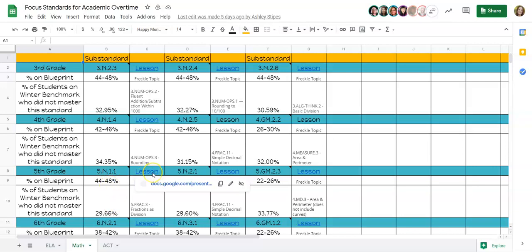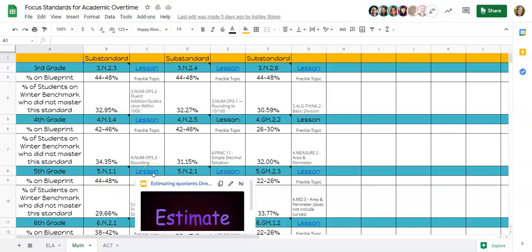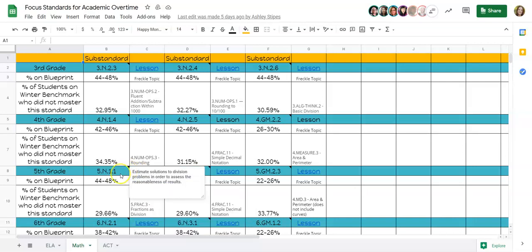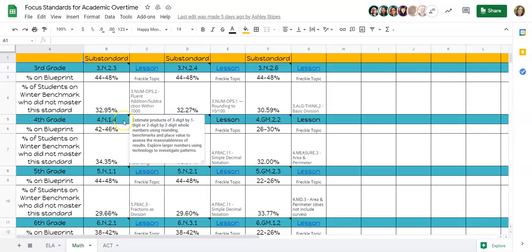So again, if your students are below grade level, you can take this lesson into a Zoom and you can work with the student. You can also assign something below grade level. So for 4N 1.4, you might assign something with estimating products at a 3rd grade level that's not 3 digits. So you would just take a look at some of the 3rd grade standards and say, oh, okay, that's estimating products within 3rd grade. And you might want to assign a below grade level standard